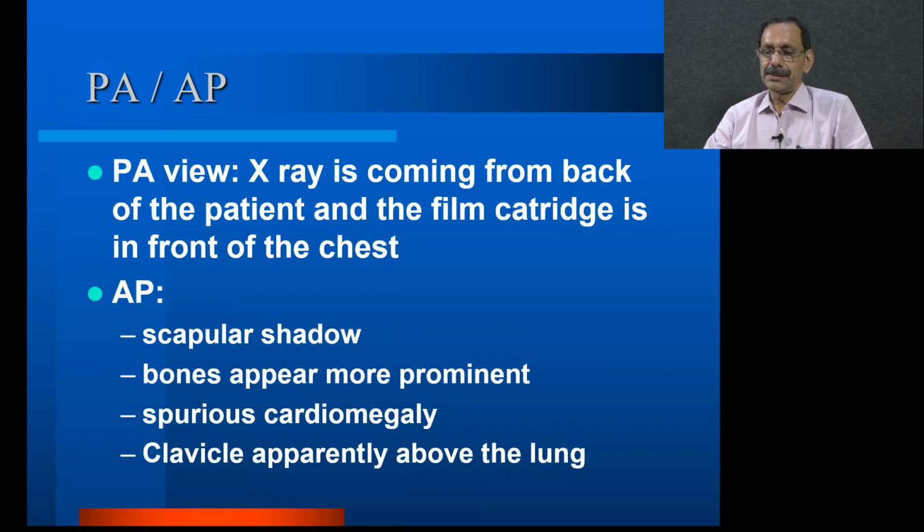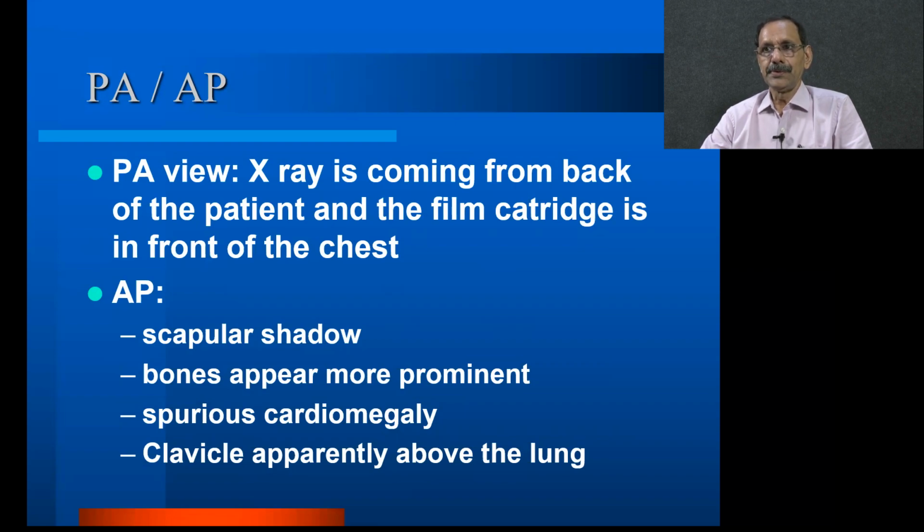One, of course, because of the X-ray beam, and second, when taking AP view, we place the child on the table and pull up the arms. So naturally the clavicle will move up and the scapular shadow will be there in the film,